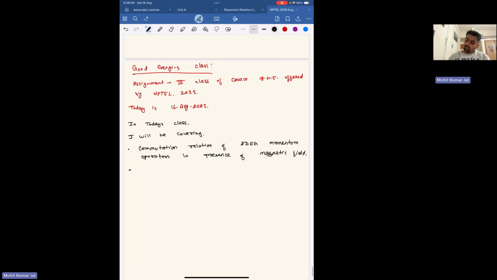Then the effect of spin on the Landau energy diagram, then what is Berry phase,